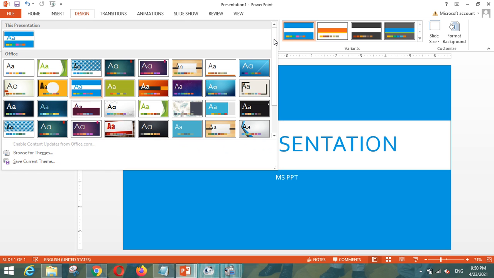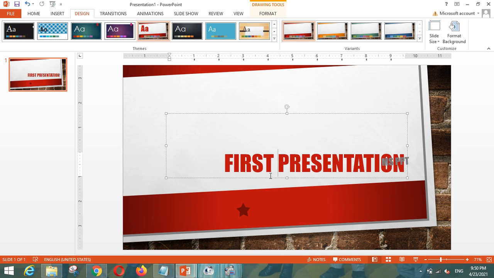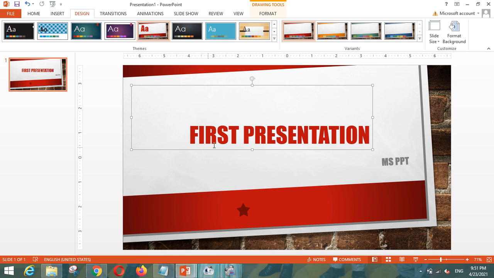So let us see other designs. Let me choose this one. Here you can see my whole design has changed, and I would like to change the text also. You can see this is slightly at some angle, and I would like to keep the alignment with my text.